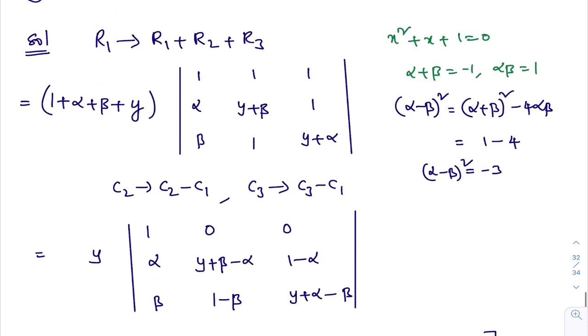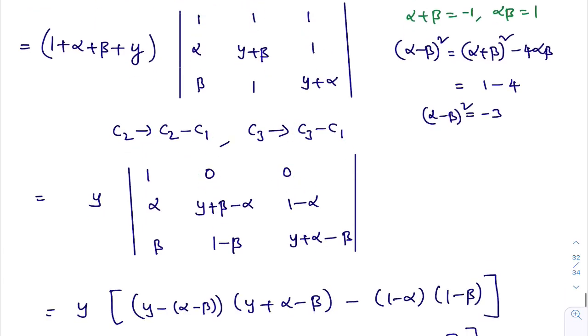So what I will do is, see here, all the elements of the first row are 1. I said while doing PUC problems, if all the elements of the first row are 1, then how will we do? We'll make this element 0 with the help of this element, right? So this is in the second column, C2 minus C1, that operation I am applying, and this element I want to make 0. How? C3 minus C1. Okay, this element will become 0, this element will become 0.